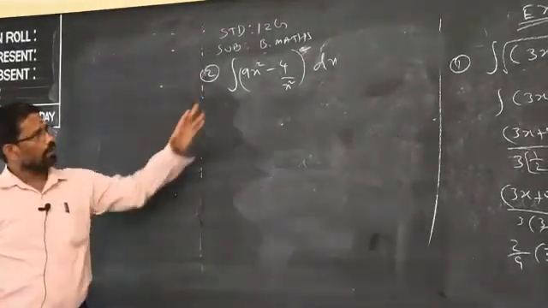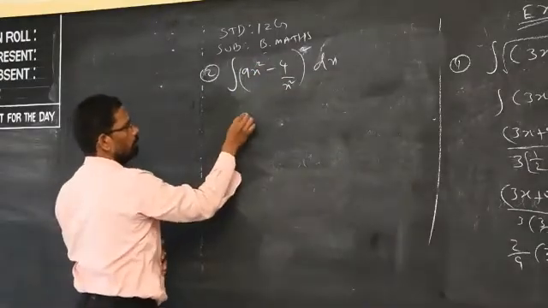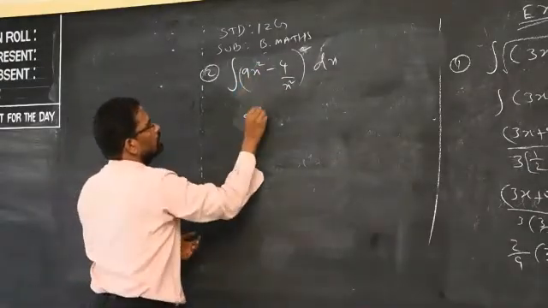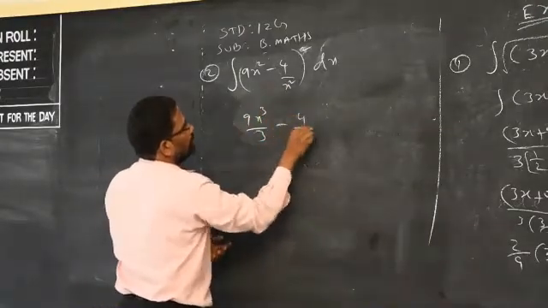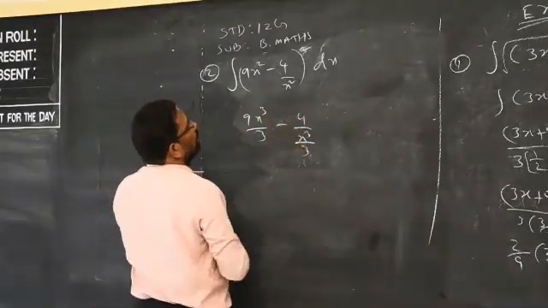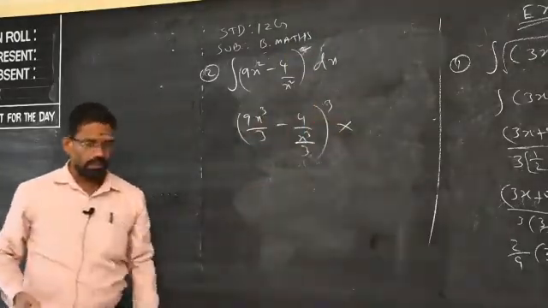So according to the formula, you are supposed to add 1 to the power. Normally you people make mistakes here too. So 2 plus 1, 3 by 3. Okay, there is 4 by x power 3 by 3, and power 2, so 3. This is wrong. So don't do like that.